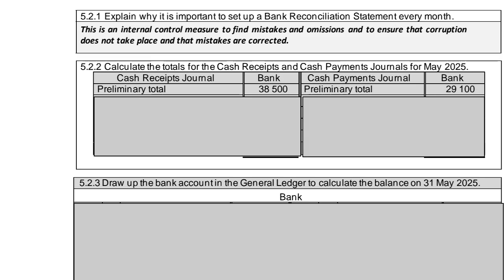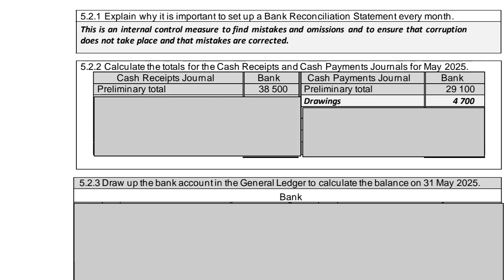5.2.2. Calculate the totals for the cash receipts and the cash payments journal for May 2025. So obviously we'll first enter the preliminary totals for our cash receipts journal, which is R38,500, and for our cash payments journal, R29,100. So if we go back to information 4A, a debit order for the insurance of the owner's private vehicle, R4,700. That must go back to our cash payments journal because it wasn't entered. So remember, for private use, it will always be drawings,